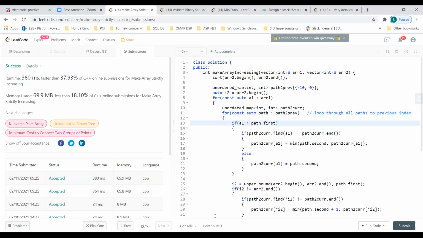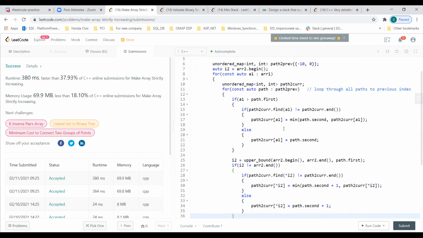I'll have to put a breakpoint and look for it. I'm frankly not really getting it because I'm looking at this for the first time. But if you look at it, it looks like a very clean solution to understand and follow, right? No, no. Before we start the for loop, the path to previous has only one element.